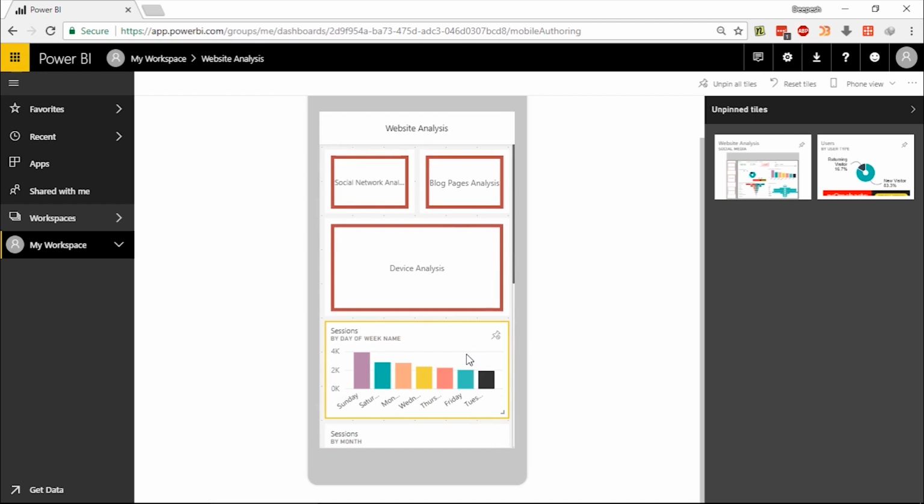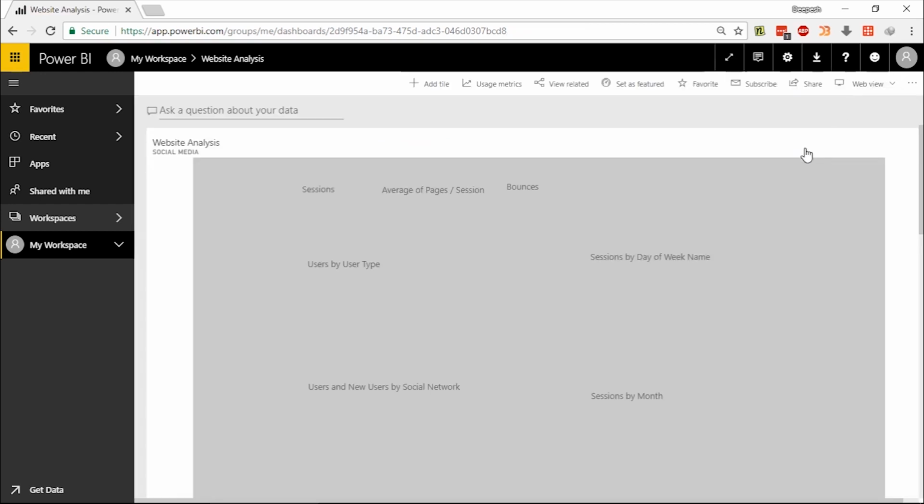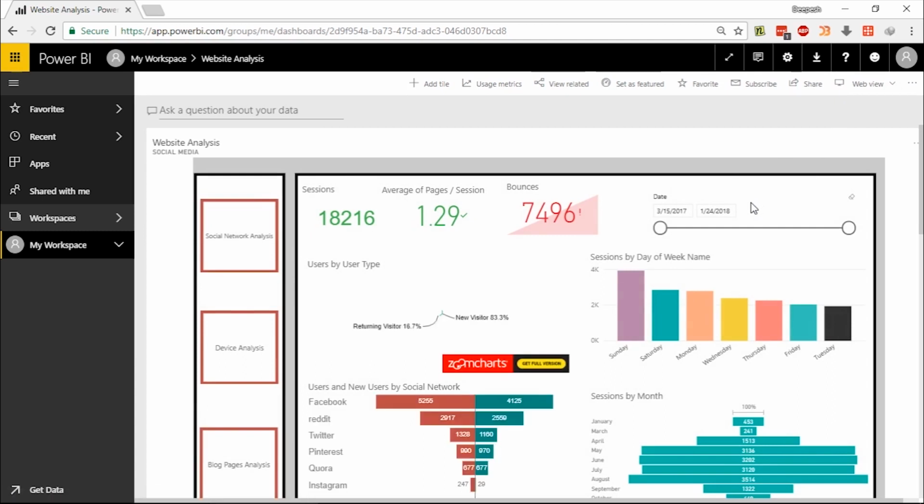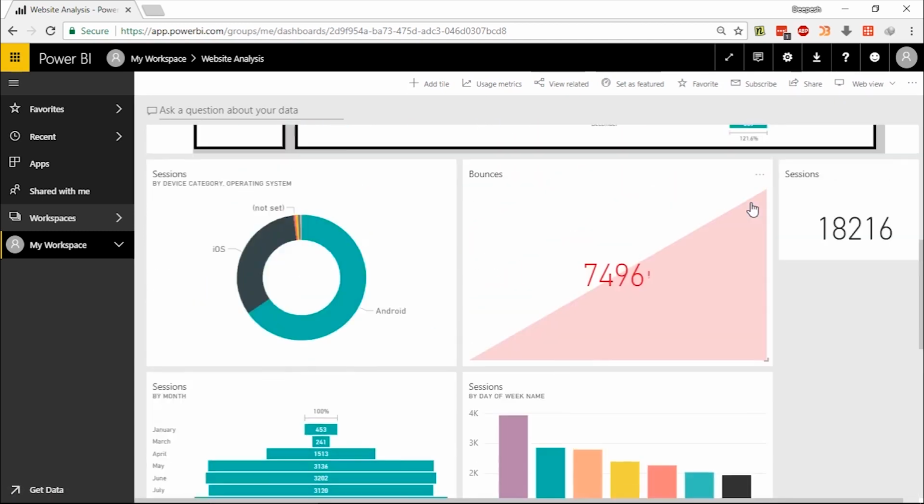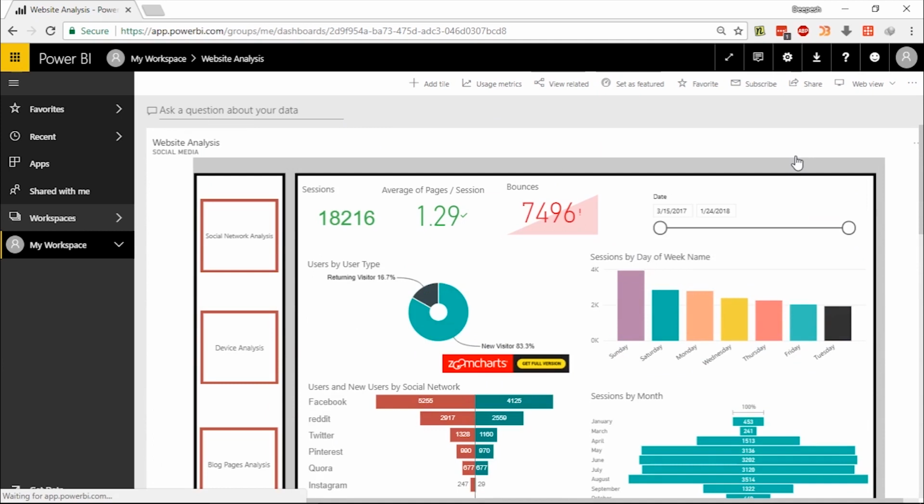So that's how you can change the phone view. You can again go to the web view and view it. So for the web, the dashboard will remain the same, but for the phone, you have just edited it, and when you view this dashboard in your phone layout, in your mobile app of your Android or iOS, this would look really good as you have just edited it. So that's how this thing is done.